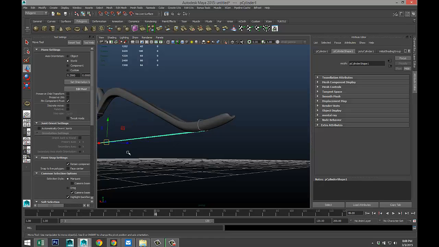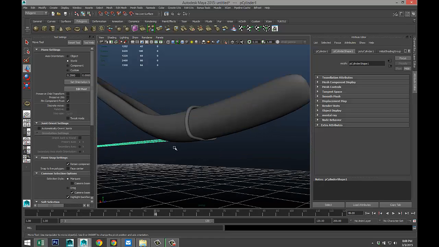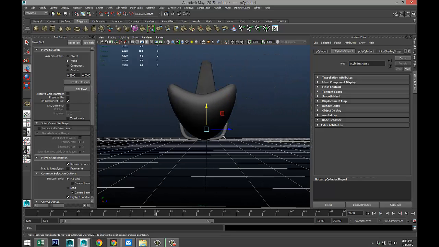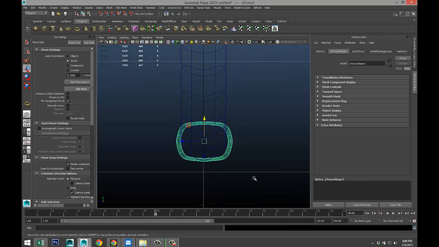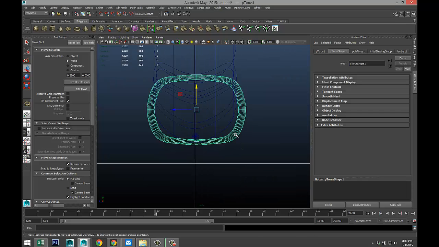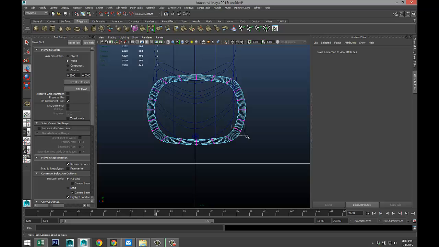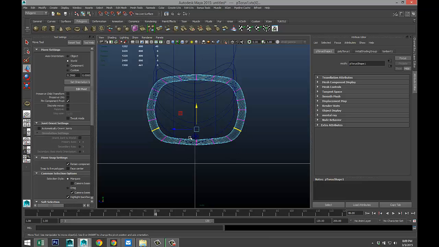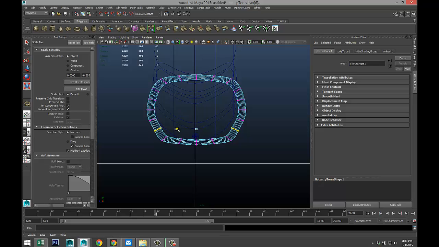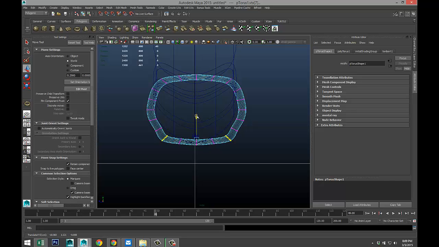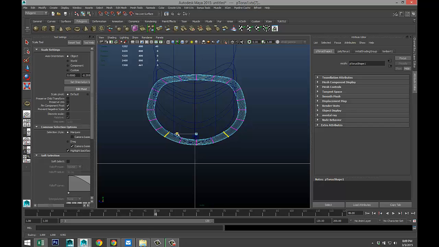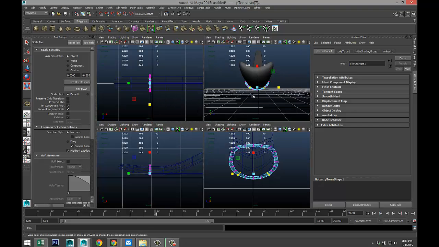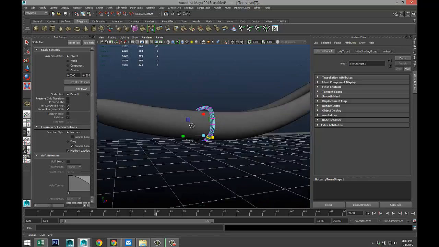So we're going to hit W. That's better. Let's see if we can clean this guy up a little bit. It's very hard to see from this angle, but we'll try it anyway. Right click vertex, take these and these. Hit R, pull them in. Take these and these. Hit W and push them up. Hit R and bring them in a little. And I think that already should look better.